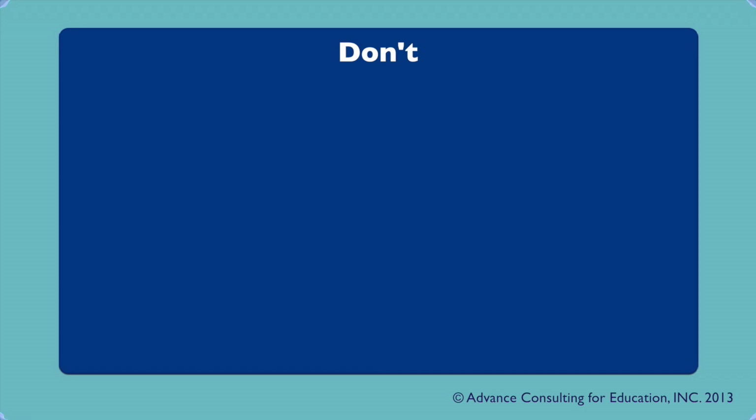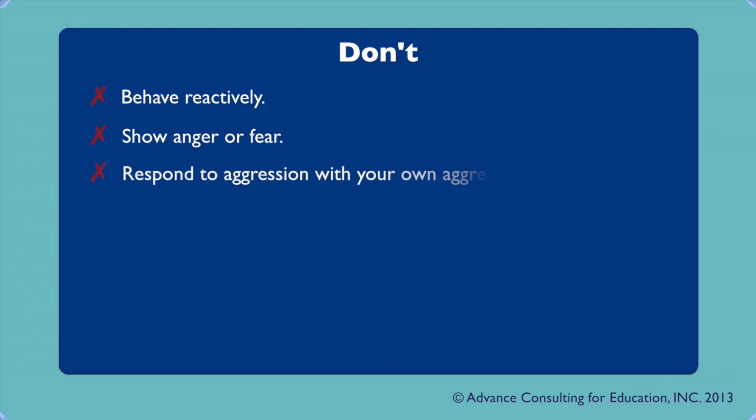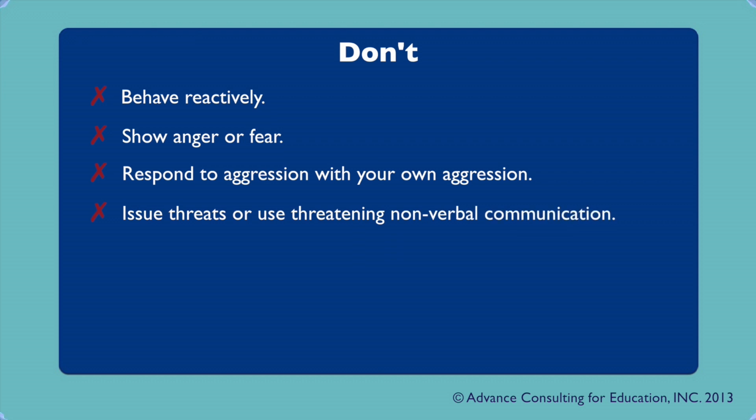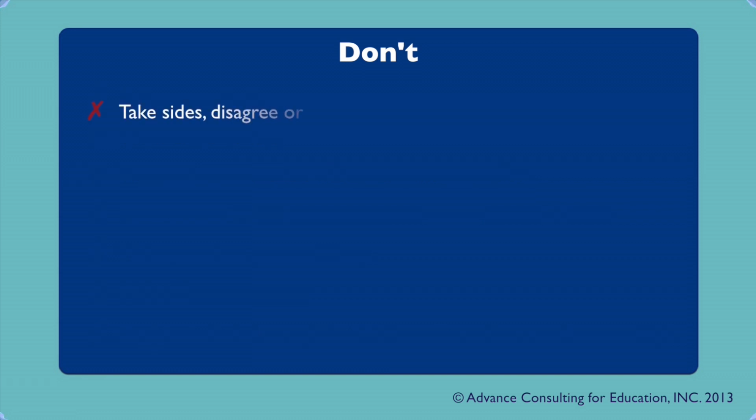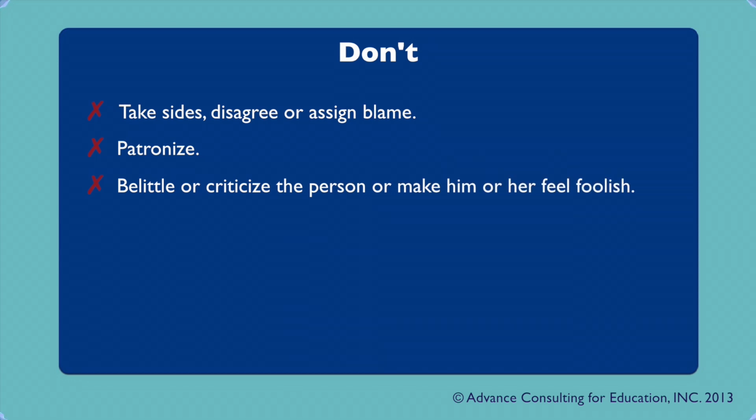Here are things you shouldn't do because these actions will actually inflame the situation. So you shouldn't behave reactively, show anger or fear, respond to aggression with your own aggression, issue threats or use threatening nonverbal communication, make promises you can't keep, make false statements, explain technical, complicated information when emotions are high, take sides, disagree, or assign blame, patronize, belittle or criticize the person or make him or her feel foolish,